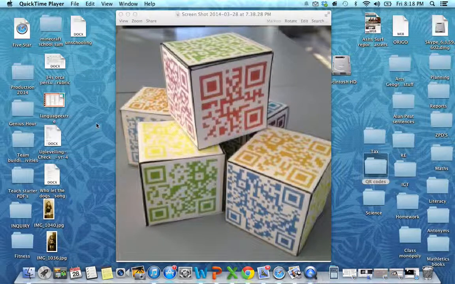A little tutorial video on QR codes, what they are and how they can be used in the classroom for a range of different purposes, both learning and organisation and whatnot. So if you're not familiar with a QR code, you can see here these little